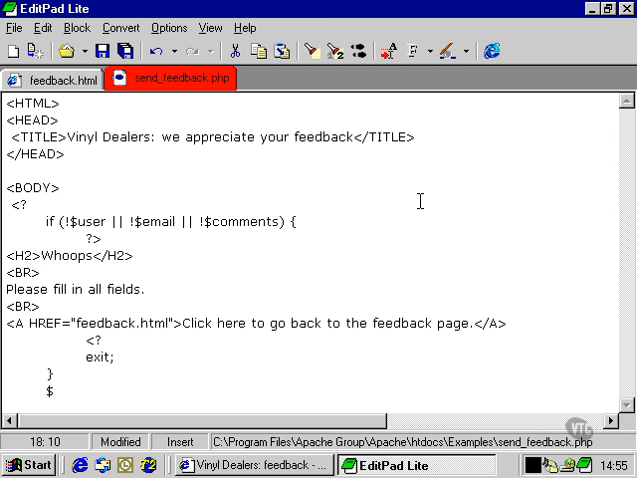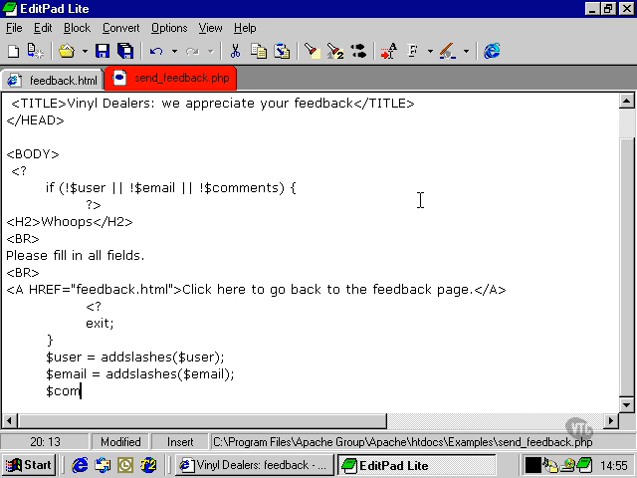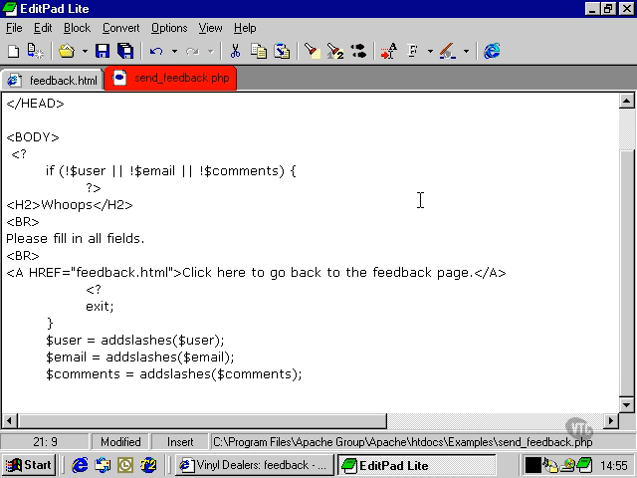So what we're going to do is use our addslashes command on each of these variables, and what that'll do is just add a little escape character before any problematic characters that it could encounter, such as a quote mark. So that all three fields have been put through that process, and now we need to make a connection to